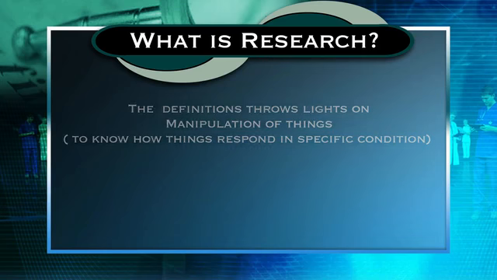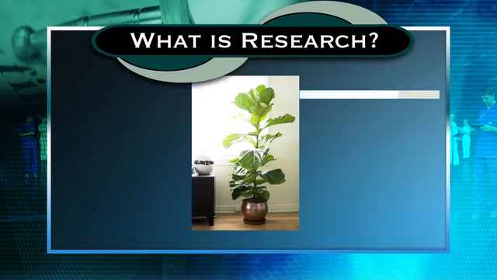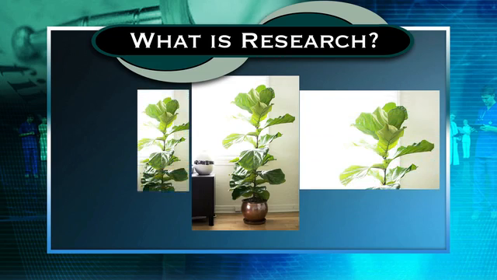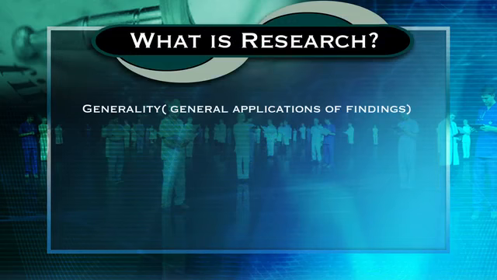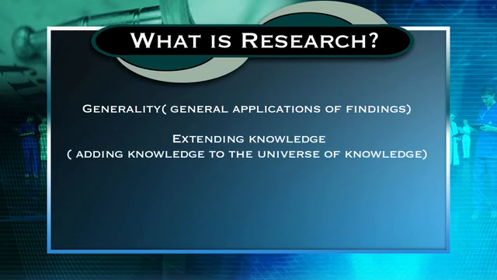For example, if we take a tree and keep it in a closed room, and then bring it to the sunlight, what is the difference? That is a controlled environment, and we can notice the response, the position, the condition of the tree changing. Similarly, generality means the findings of research should have general application. And third, extending knowledge. That means generating new knowledge that will help to develop and strengthen the universe of knowledge and